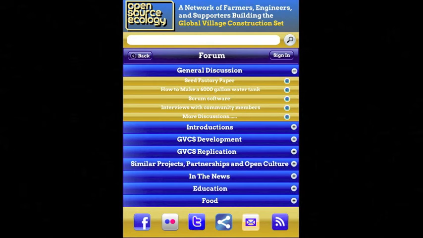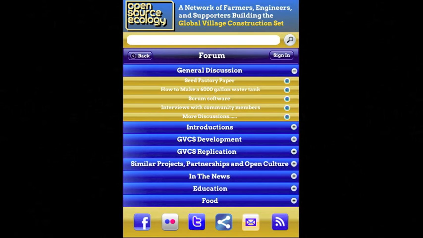You will notice on the top header is a sign-in button. I would like to add this function to the mobile site, enabling users to log into their forum username and post. This will allow you to sign in and create a thread. I am hoping to incorporate this concept to the mobile page.